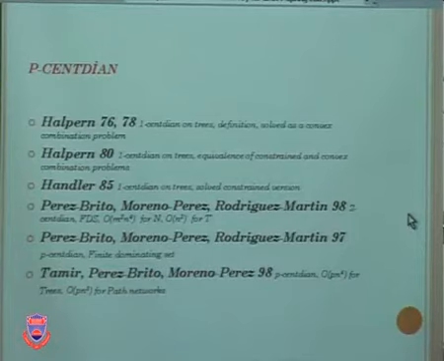Halpern also considered the same thing on trees and showed the equivalence of the constraint version and the convex combination problem. In the convex combination problem, you're assigning a weight of, say, lambda to one of the objectives and 1 minus lambda to the other one. You assume your weights add up to unity. So it's a convex combination of two objectives, and you parametrically search over lambda as lambda varies between 0 and 1.